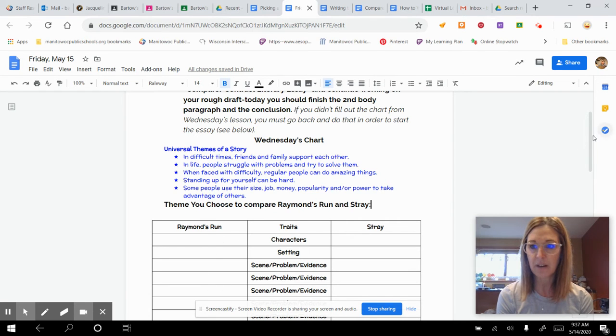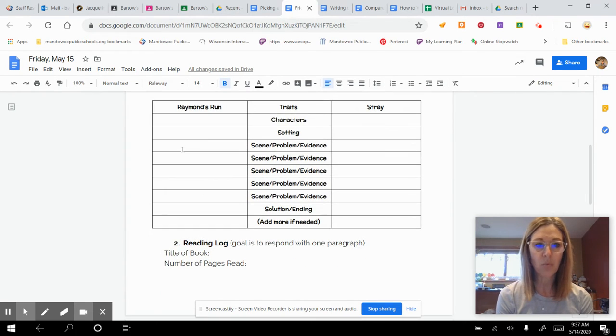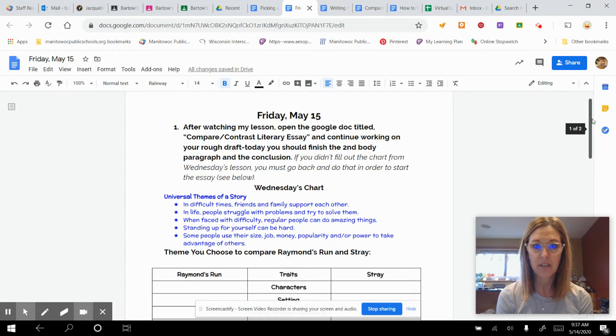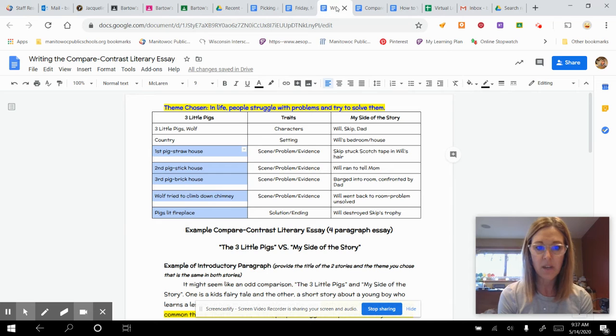Then you can fill out each side. Where's the evidence in the story that supports the theme that you chose? Okay, so I included that in today's assignment. If you didn't do that, you must complete this chart before you can even write the essay. So once we complete this chart,